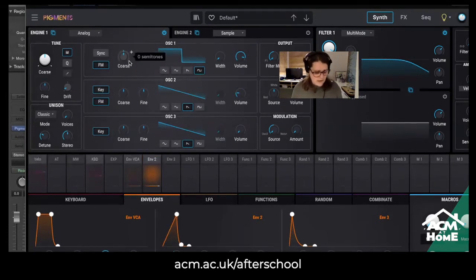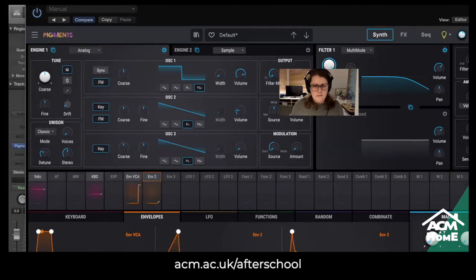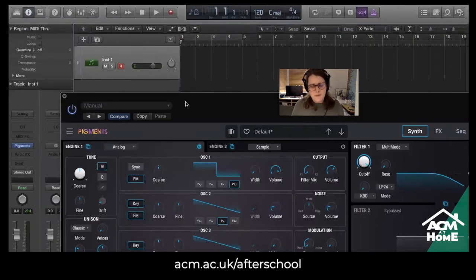And then it's about choosing the right note to do it on. And once we've got one that we like,